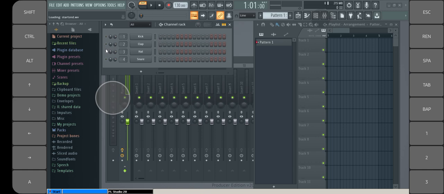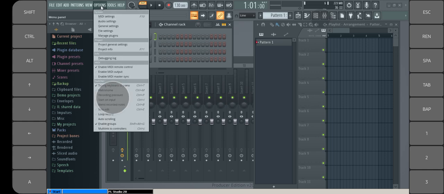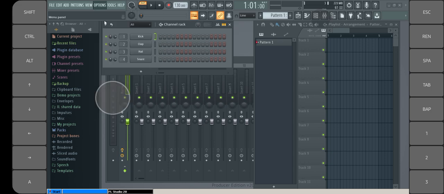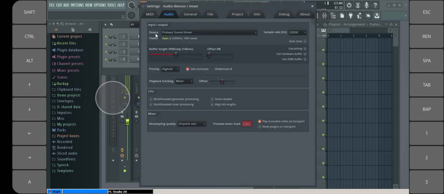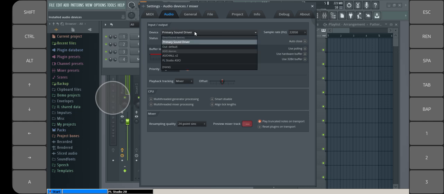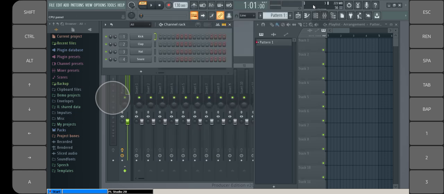Okay, on sound, mine you have heard, it has opened automatically without clicking anywhere. But those with sound issues, you just come to this Options menu, then come here to audio settings, then on this device name, click there, then you'll choose either the default or primary sound, and that issue will be solved. Okay, thank you.